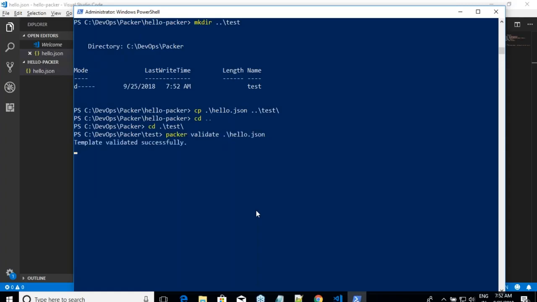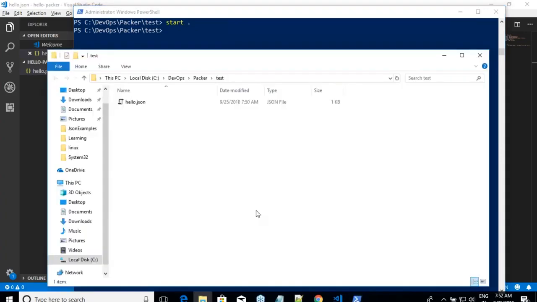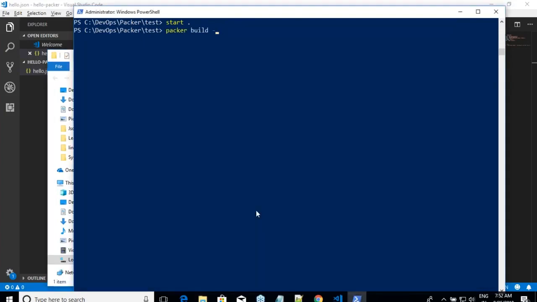Right. I've just changed the folder. I'll tell you why I've changed the folder. Let me just open this folder. So we have just a JSON file. Right. Okay. Packer build -help.